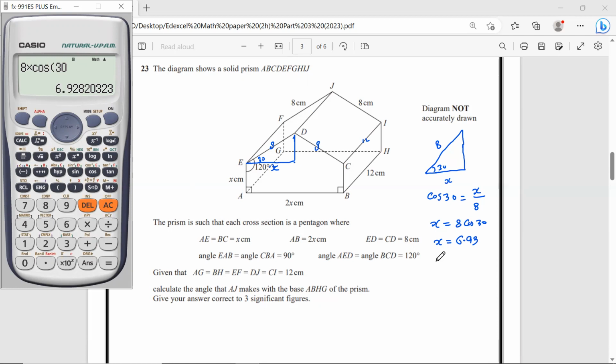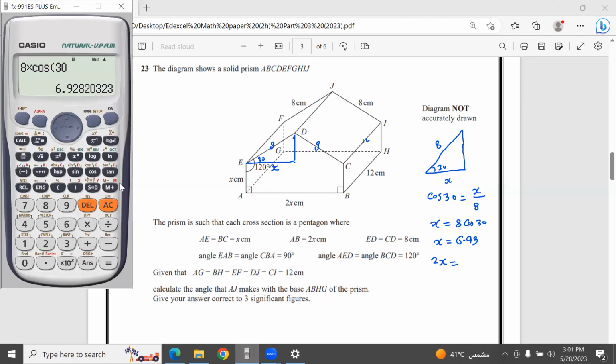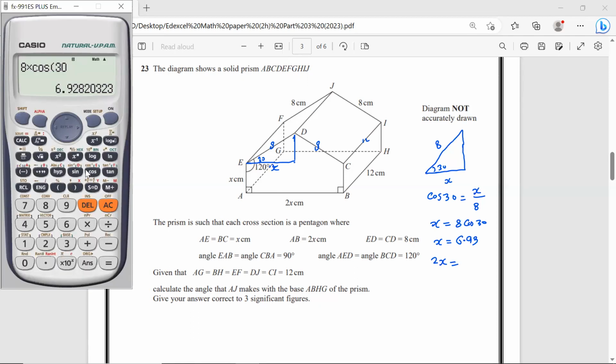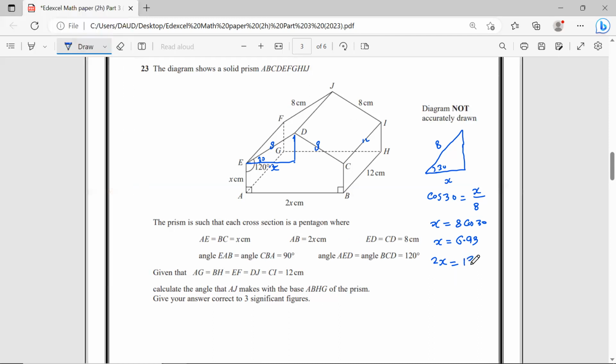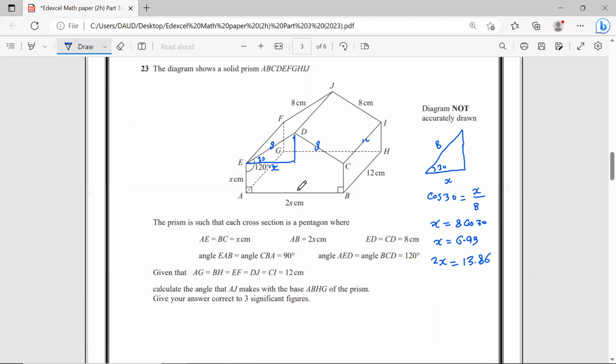Yes, this is x, and 2x is what then? Multiply by this. Okay, so 6.93 multiplied by 2 gives me 13.86. So this is 13.86, x is 6.93, and we can find this height also with the help of Pythagoras, means 8 square